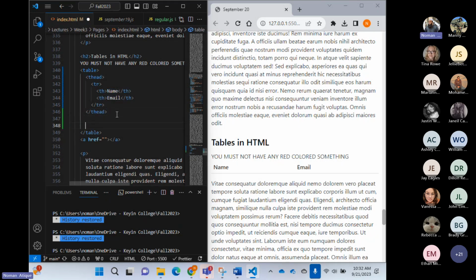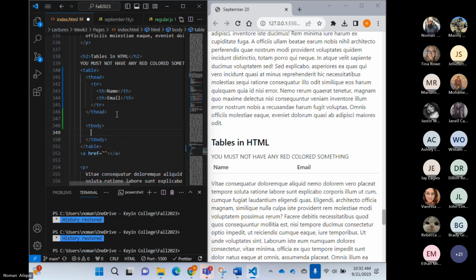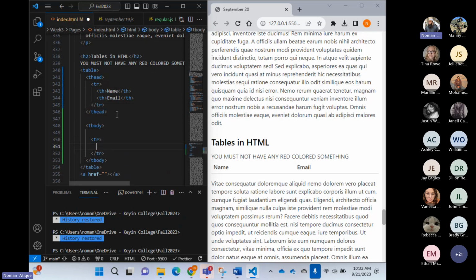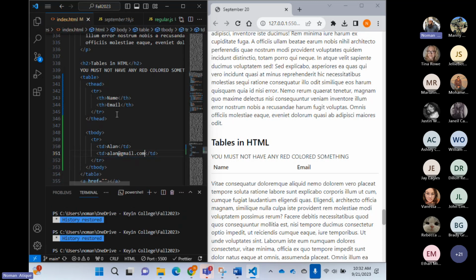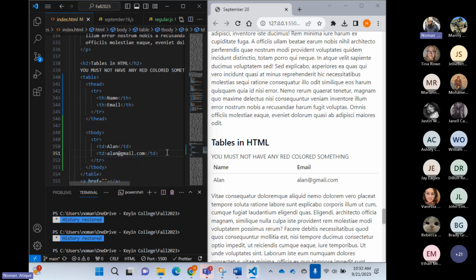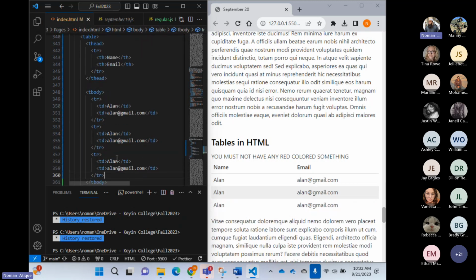And then comes another part, which is called T body. T body generally has the body of the table, and that generally has the TD and all the TDs and everything. So you can say ln@gmail.com, something like that. Now I can continue to make this table, and I can make multiple rows in T body. I just wanted to tell you that I hope you guys know about this one,